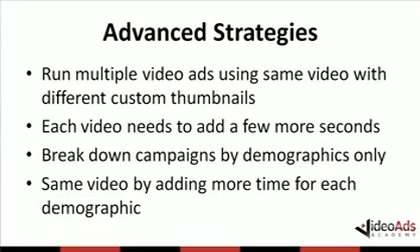So the next progression from that is breaking down your campaigns by demographics only. And the only way you really can do that if you're using the same video for each campaign is that you're going to need several different videos. So if you want to break one campaign down and only target a specific demographic, how many do you want to target? That's how many variations of the video you're going to need. Create a video, add a little time to the end. You're going to need however many you want to do that by. Then if you want to break it down by each individual ad in that campaign, you're going to multiply it by that. So let's say you want 3 demographics and you want to do 2 different campaigns, where you need 3 different demographic-only campaigns